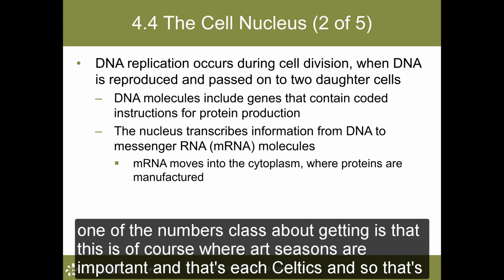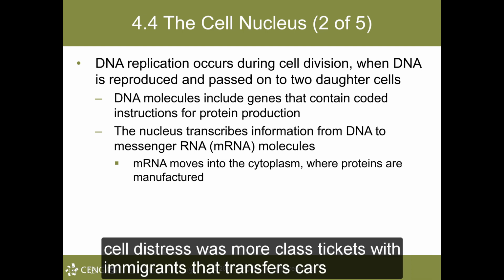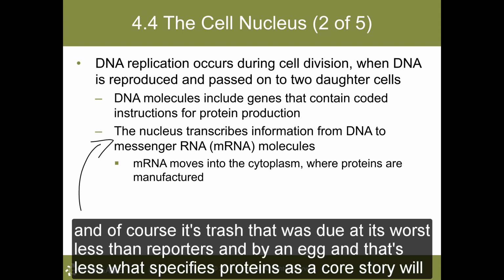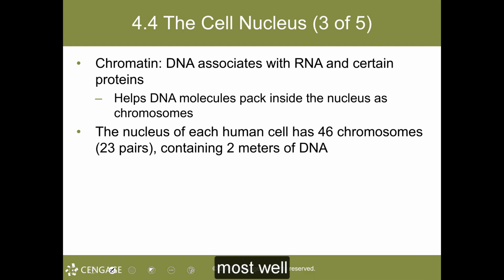One other thing I'll mention, class, about DNA is that this is, of course, where our genes are located. And yes, each cell is unique, so it's not that every gene is turned on in every cell. However, the information, class, for all genes is in all cells. So to stress once more, class, it is within the nucleus that transcription occurs. And of course, it's transcribing what's in DNA into what's then referred to as mRNA, and this, class, is what specifies proteins, as the RNA leaves the nucleus and moves into the cytoplasm for translation to occur. Take notes well.